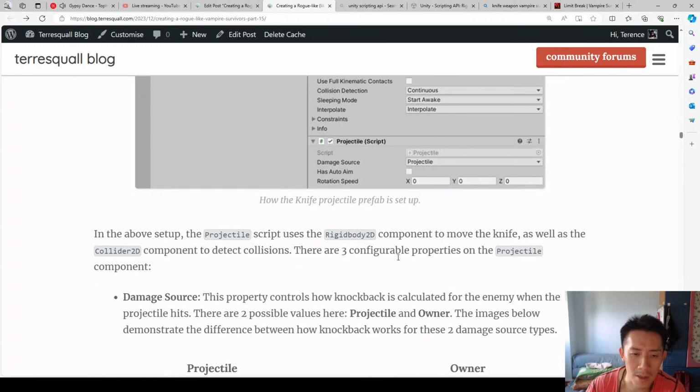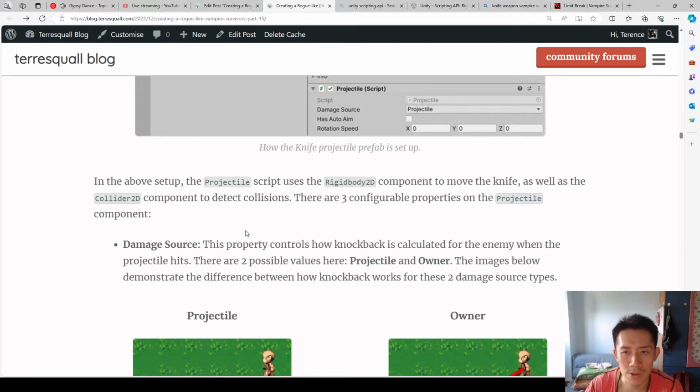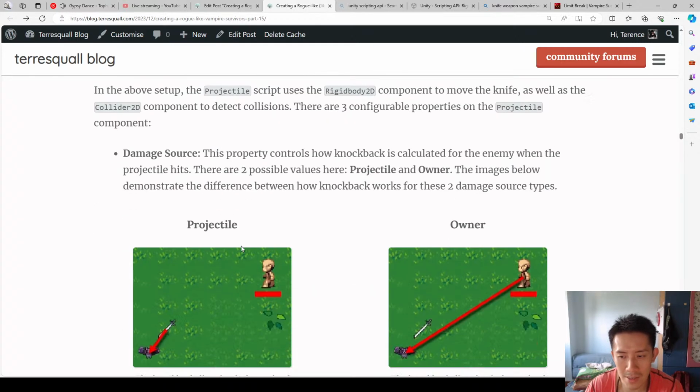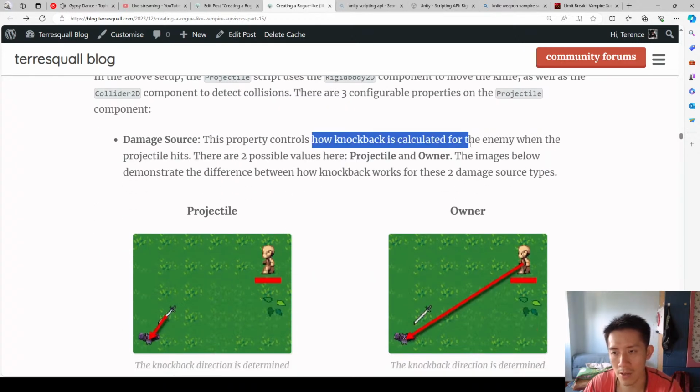Okay, so the projectile component will have 3 different variables that you can choose from. You have damage source, you have auto aim, and then you also have rotation speed. Alright, so what the damage source variable does is that this controls how the knockback is calculated for the enemy